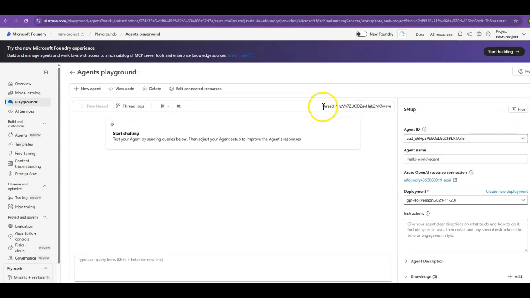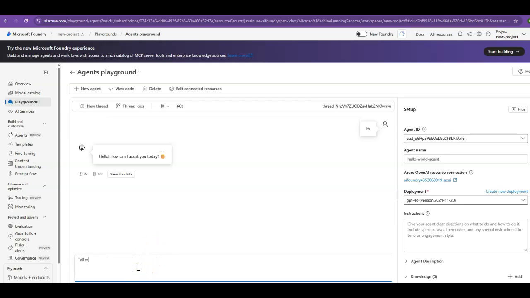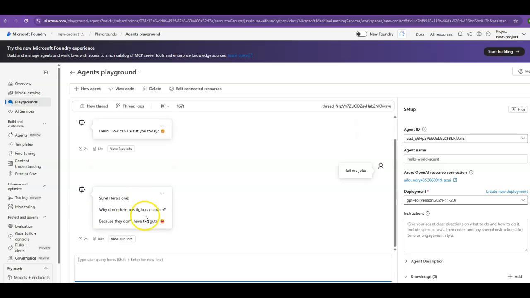Here in the agents playground, we can see that a thread is associated with this particular agent. What this thread does is store all the conversation history and state management related to this agent. For a single user and agent interaction, there is a single thread. If there are multiple users interacting with this agent, then each user will have its own separate thread. Using this thread, the conversation history between the user and the agent gets saved. Also, the agent can use this conversation history as context to better answer the user query. So here in the prompt, I'll be typing some messages. I'll just ask it to tell me a joke. So here it has told me a joke.